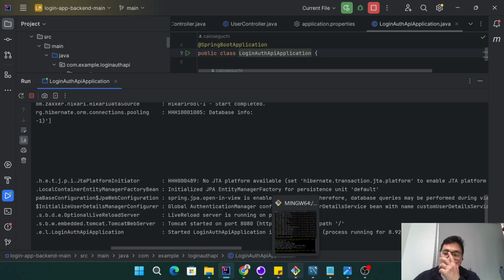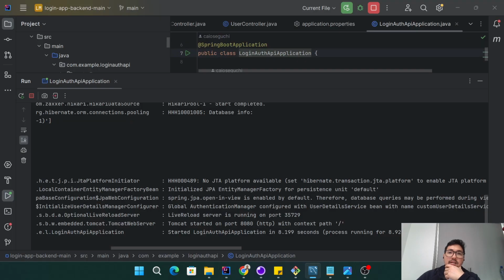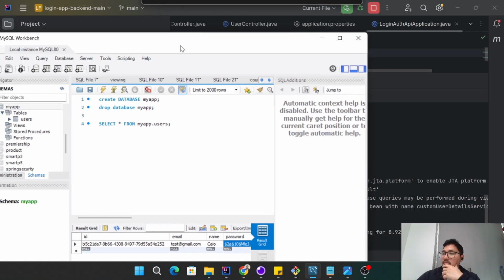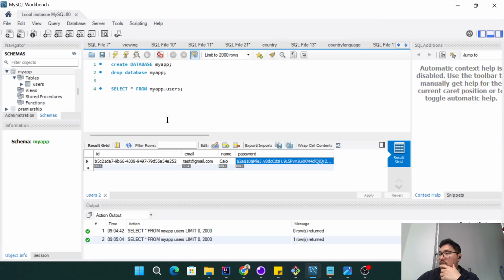Okay. Let me show you this is my SQL. Here in MySQL, I created my table first. So here I can check